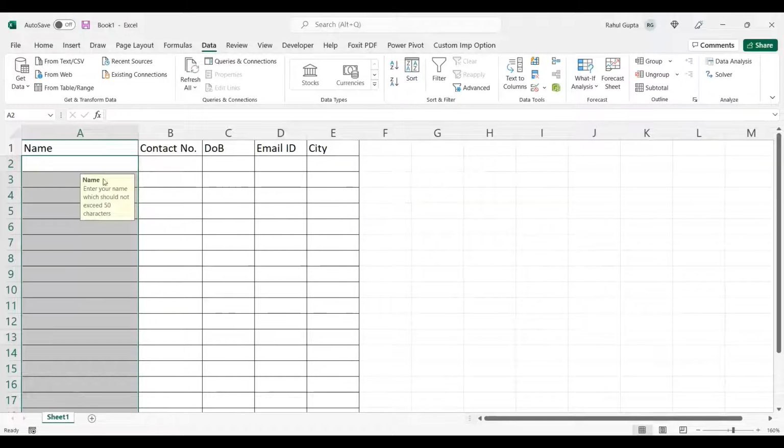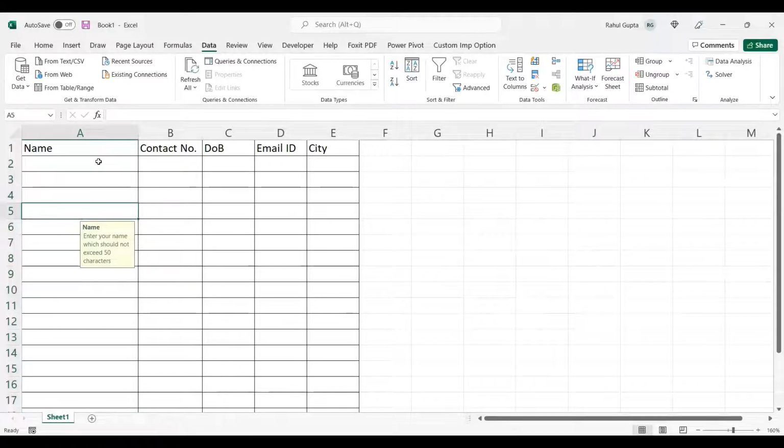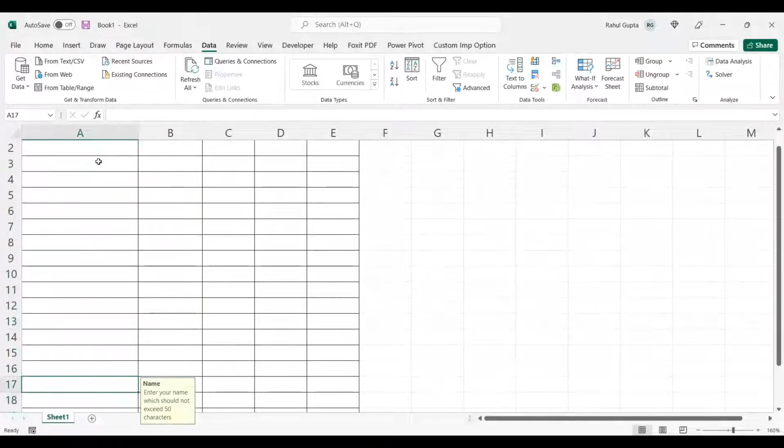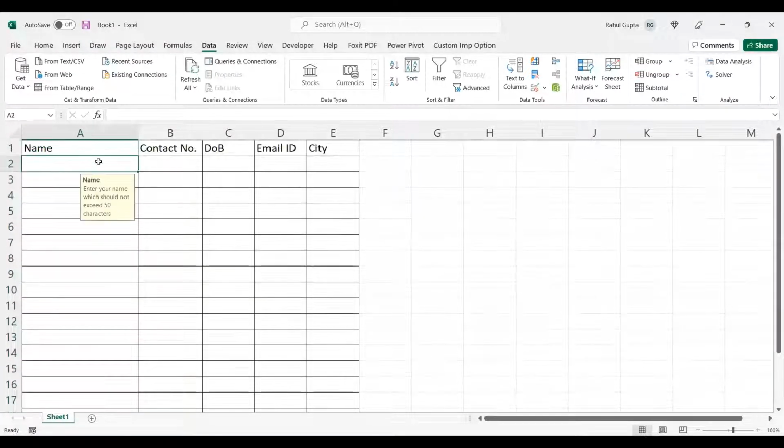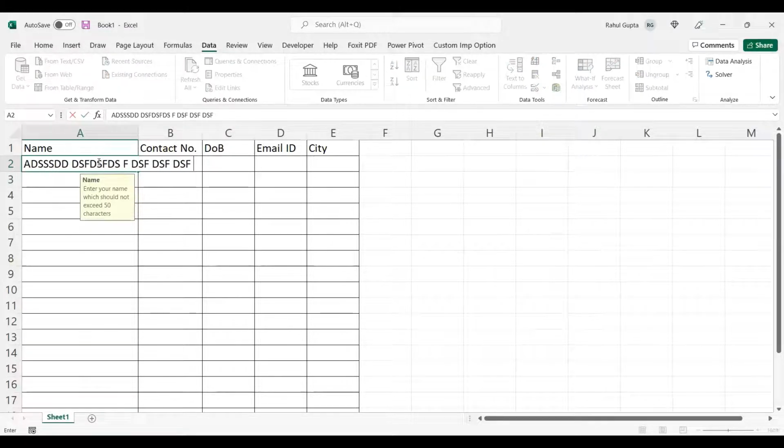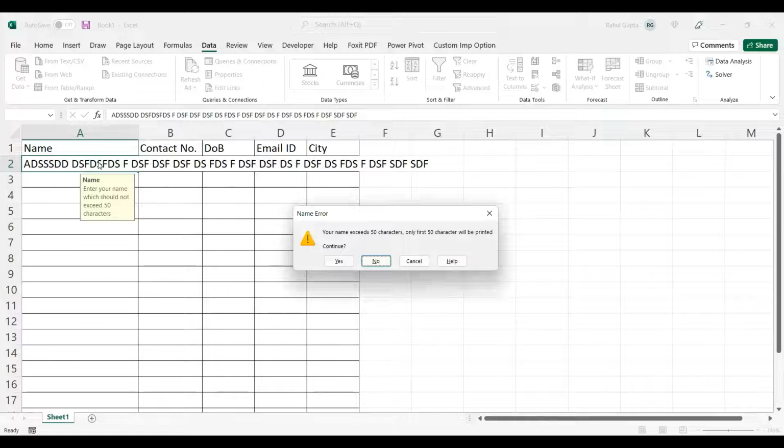Now you can see when I put the cursor, it's showing me this message. If I type Abhay, accepted. Abhay Singhania, accepted. But if I write anything greater than 50 characters, you can see it says name error, your name exceeds 50 characters, only first 50 characters will be printed.